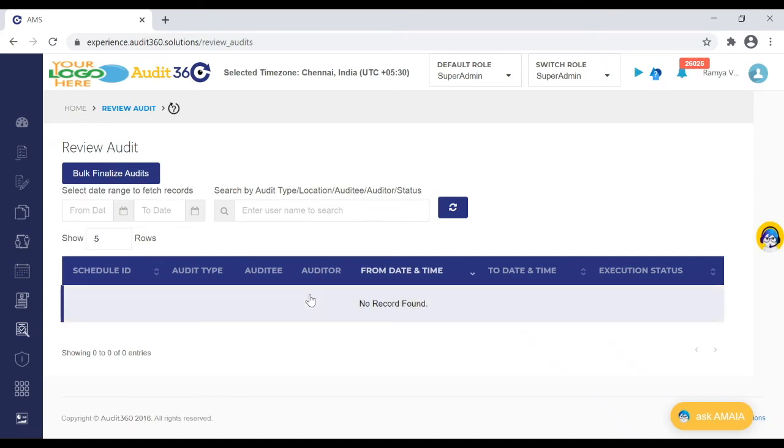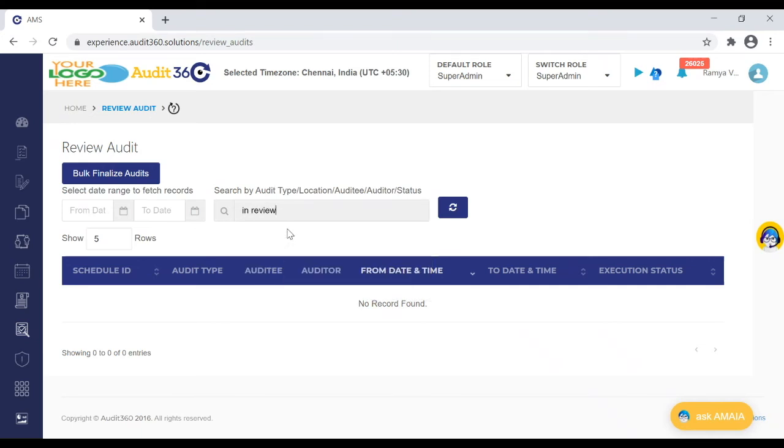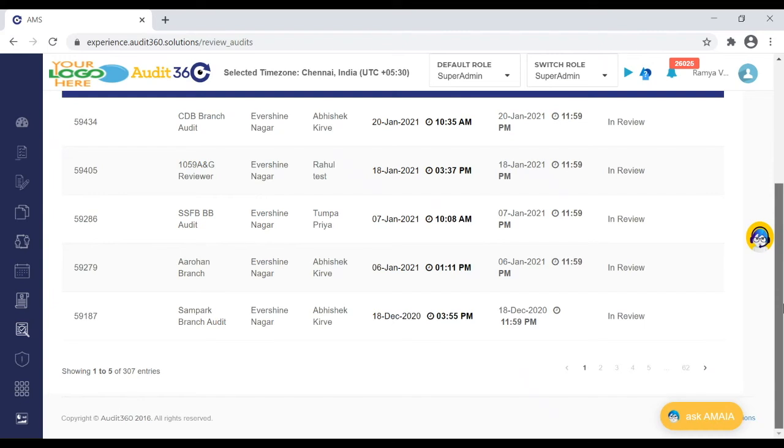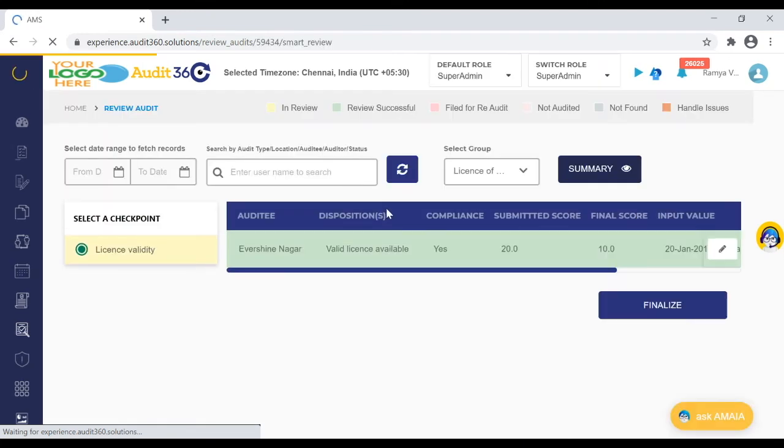There are some more improvements which we are also going to bring into the review audit module to make it more optimized. So for now, let me just show you how we can review. Let me take any audits which are in review and just give search. So I have a few audits which are in review. Once you go inside a particular audit, here if you see the search, we are still retaining it, and any group which is part of this particular audit type will be listed here.